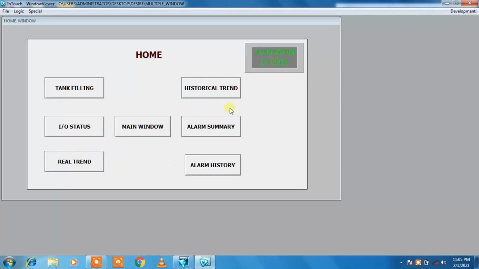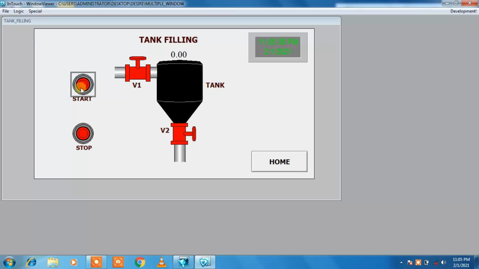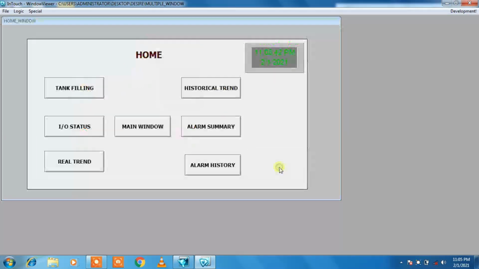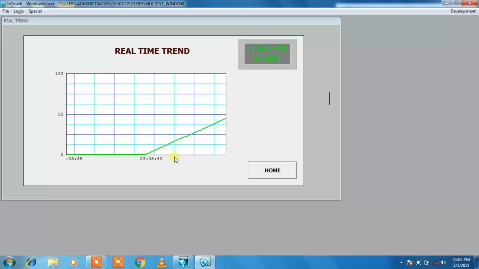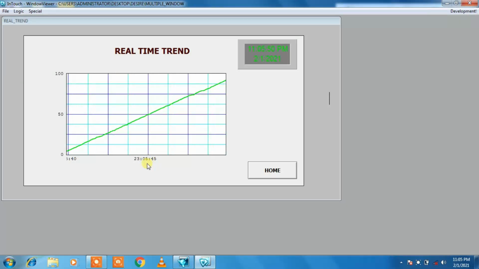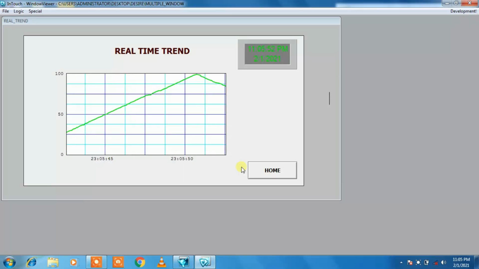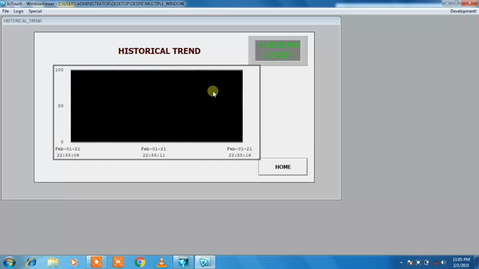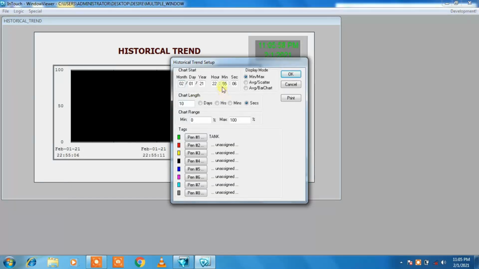Suppose now I want to see the historical values. So for that we will go to the tank filling window. First of all, let me press the start button and again go to the real trend, and if I want to see the historical value for this time, 23 hours 5 minutes 45 seconds, I will go to the historical trend, click on it, and we will give the time as 23 hours 5 minutes and 2 seconds.